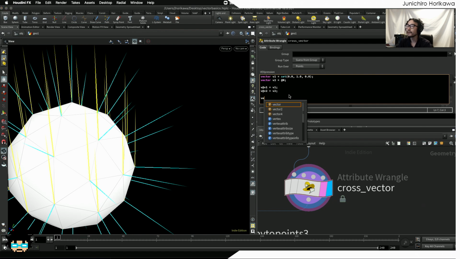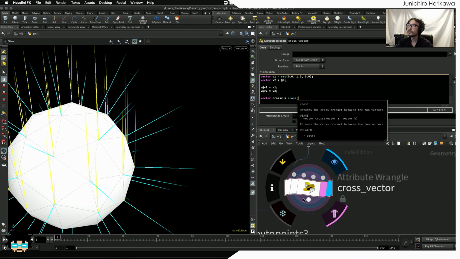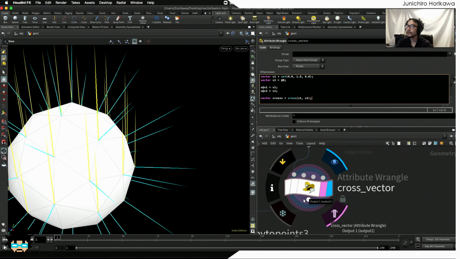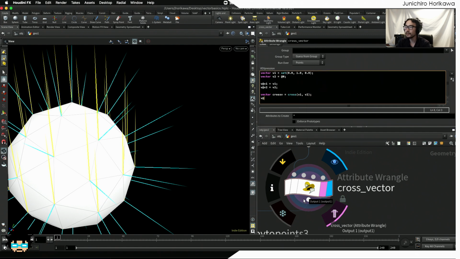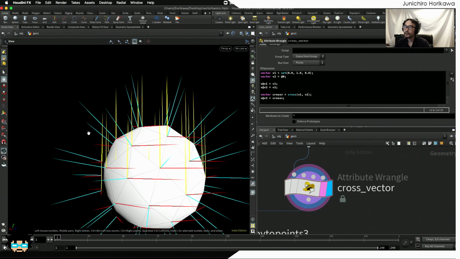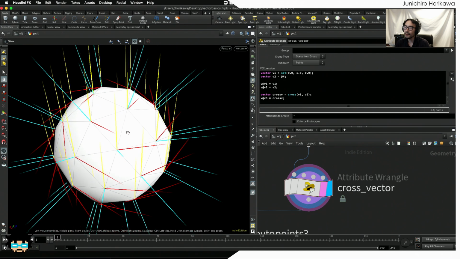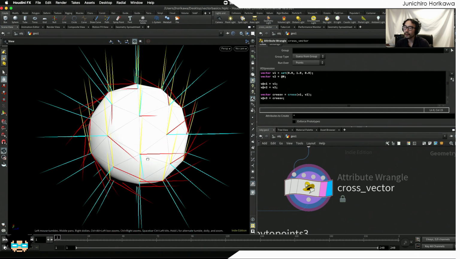So let's name the output cross v and use cross product between v1 and v2 and store this value to the v3 attribute, like this. Now you get this kind of vector, which seems like a turbulence-like rotating vector,